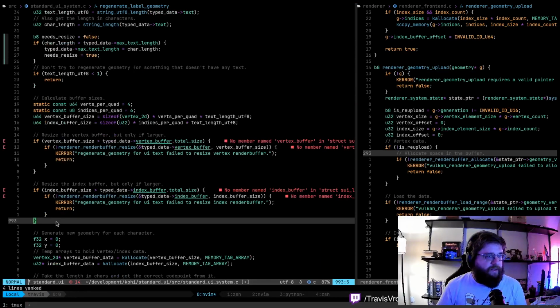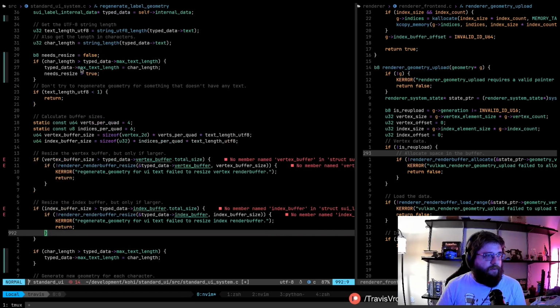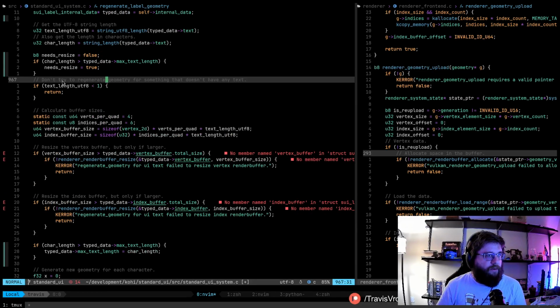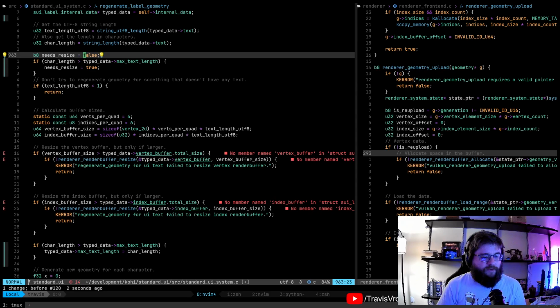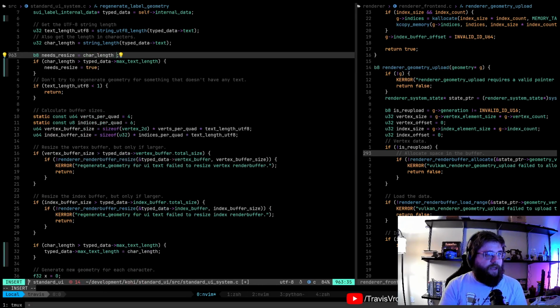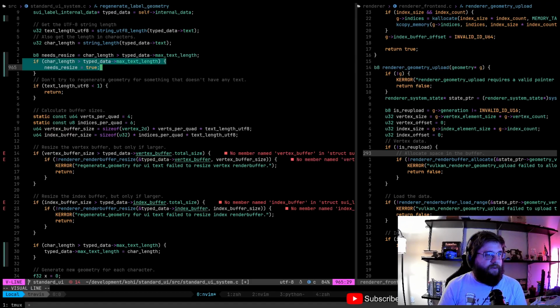So let's take this and put it down here for a second. Right, get rid of that, and then get rid of this from up here. And actually we can just simplify this by saying, oops, needs resize equals char length is greater than typed data max.